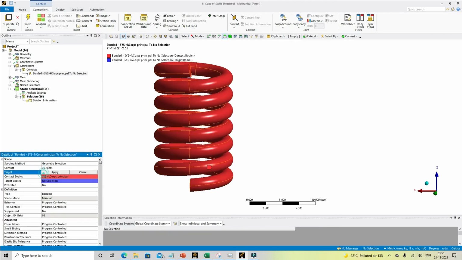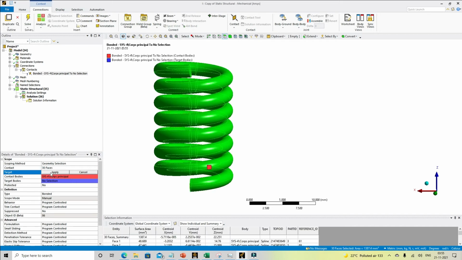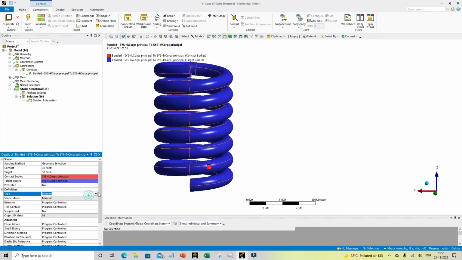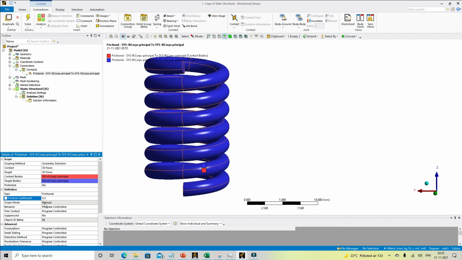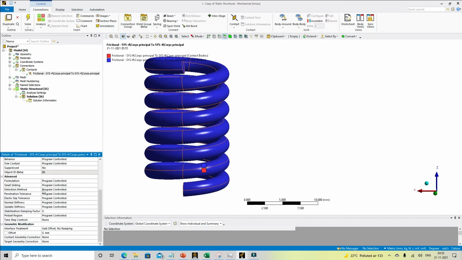Again, contact and target selections are going to be the same because it's a self contact problem. Then the definition type, we will set to frictional. Usually metal to metal contact frictional values are near 0.2. You can also check based upon the material of your spring. It might be different. Then for this type of application, I will suggest you use the detection method nodal projected normal from contact.